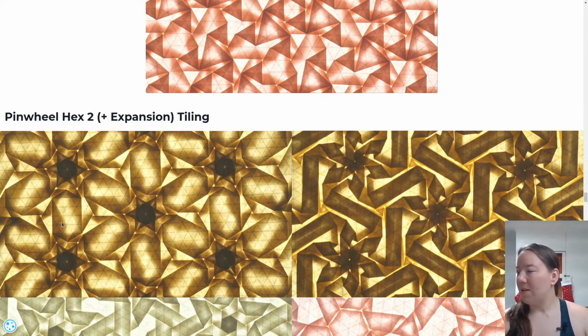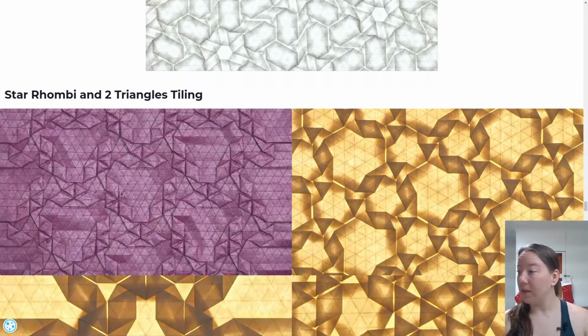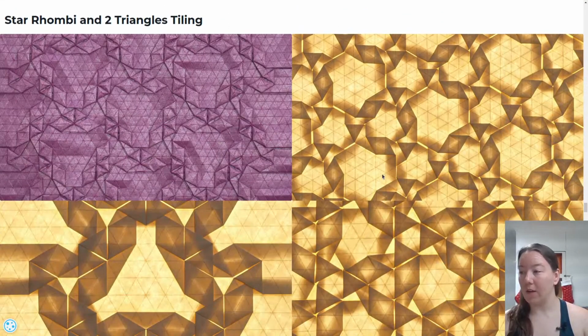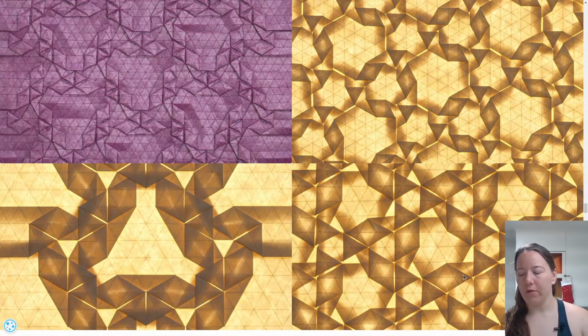This one is not in Tessellations by Tiles, the pinwheel hexagons, but the star rhombi and 2 triangles is. Pebbled is the tessellation taught in that one, and pebbled is precisely a spaced version of emergent triangles. So if we look at these two tessellations side by side, they may not look like they're extraordinarily similar, besides the color